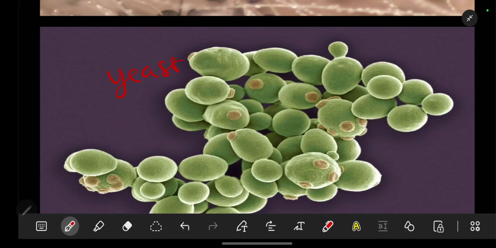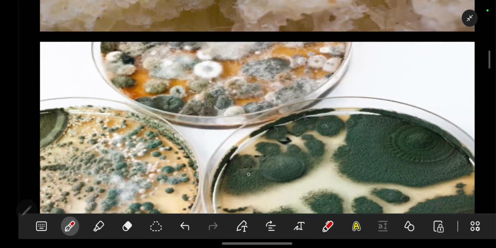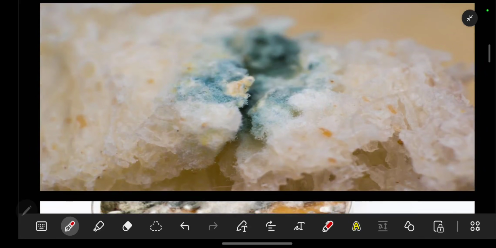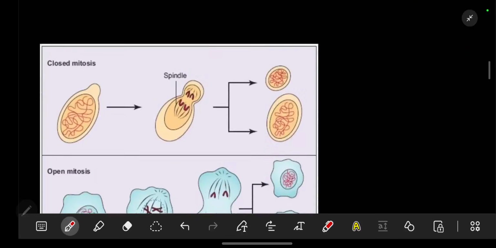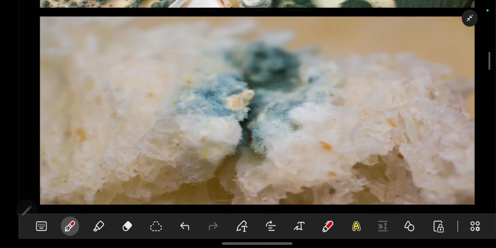We are going to dive deeper. Then we have fungi even on food, where it is able to make food stale. If you can see, this looks like a bun, and this is as a result of the fungi. Other things that you need to know about fungi is that it is found in damp